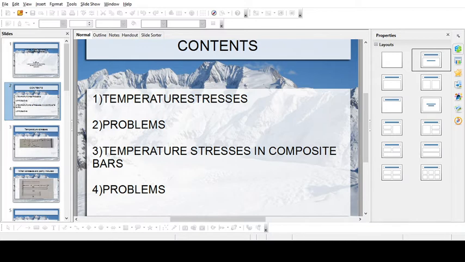Here the magnitude of that particular force, its role is to decrease the size of this bar. The load which is acting will shorten the size of the bar, and this change in the size of the bar is given by the formula L alpha T. So we know that